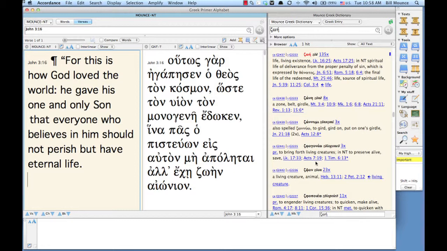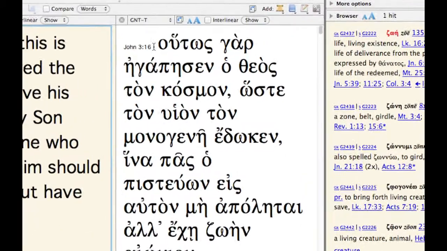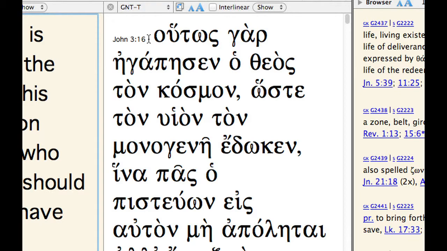So let me just go through the first part of the verse, and I will go to a letter and put the cursor underneath it, and you try to think of what it is, and then I will say it. Okay? All right. So what's the first letter? It's an omicron,